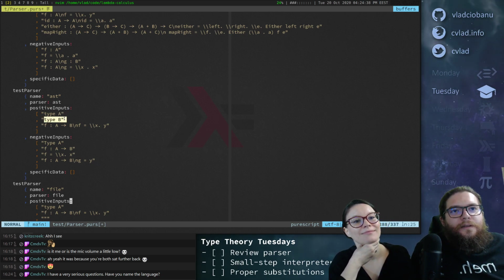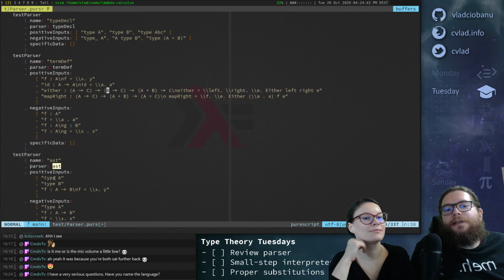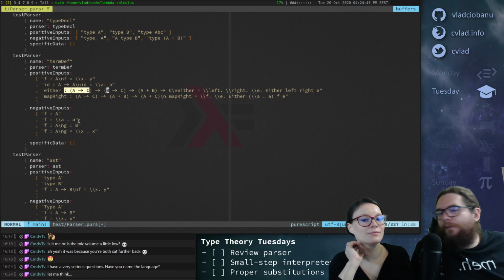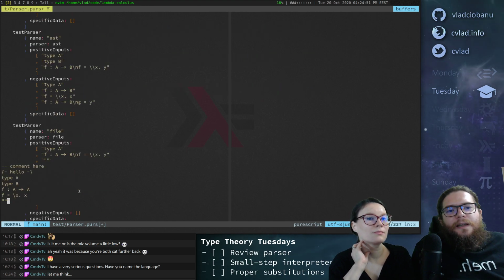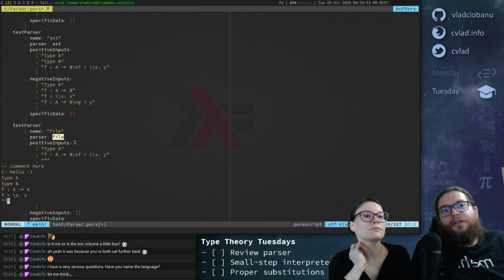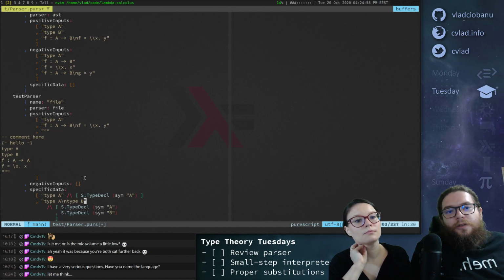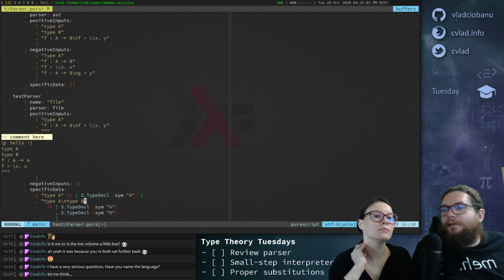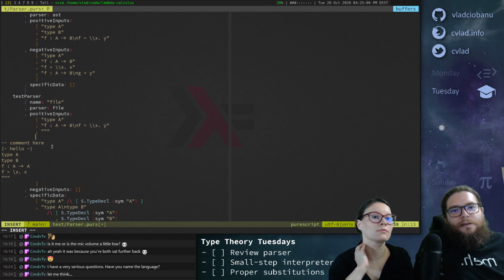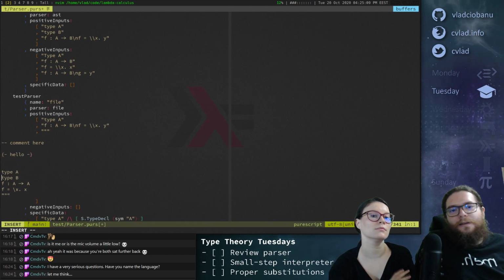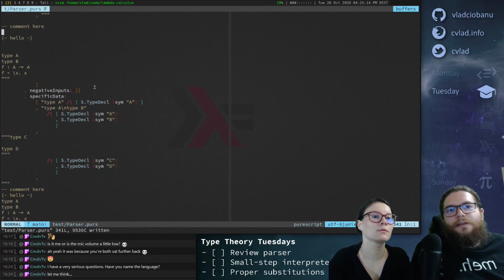Okay, so let's see. There's another few. So this can only parse term definitions, right? And then this thing can parse either, right? So it's kind of this or this, right? So that's why we have examples of all of these things. And then I think we have the file parser, which just parses multiple of these, right? Okay. So for example, it can parse just a single one, of course, but it ignores comments. You can have new lines. You can have as many new lines here or here or here, and it should still result in the same thing, right? Which is like it should still parse the same thing.